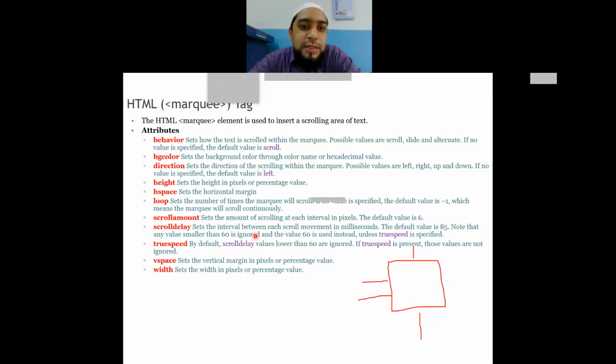Any value lesser than 60, that means 1 by 60 seconds, will be ignored because the human eye cannot even recognize it. Human beings are limited. It has been created by a creator which is unlimited. But human beings, since they are a creation, are limited. And the value 60 is used instead. Whatever you say less than 60, it's ignored and 60 will be considered, unless a true speed of 85 or 90 or 100 or something is specified. Now, true speed,